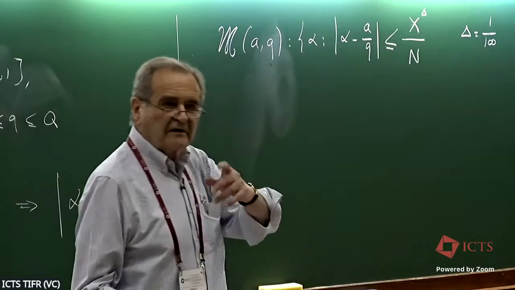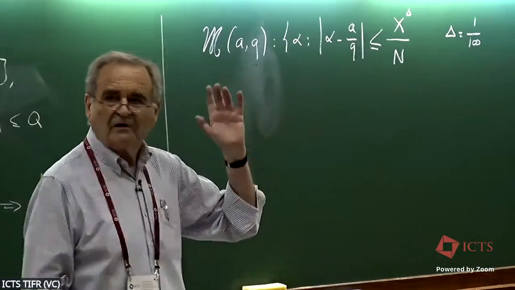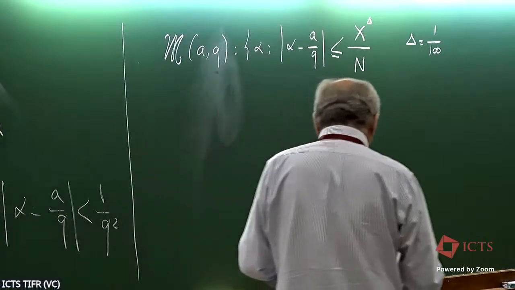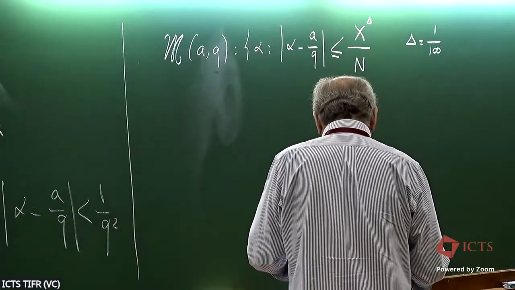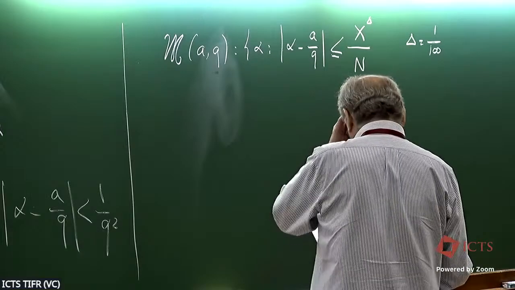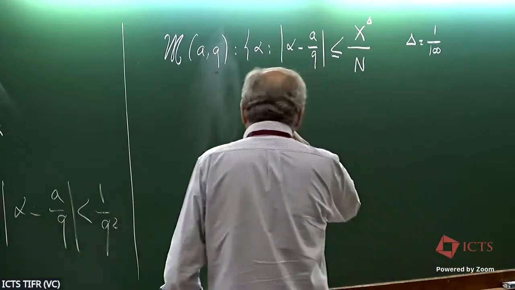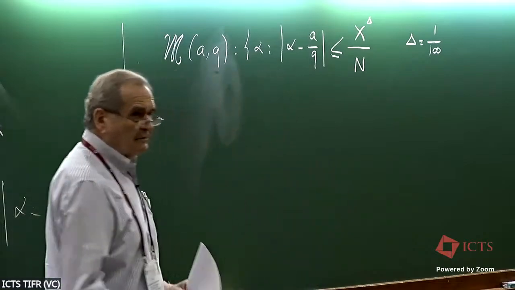You remember we were saying something like 5 delta has to be less than 1 or something like that in this talk. Okay. So now one point is to say also what is Q. Okay. So the point is that what you want when you are doing this, you are going to say that